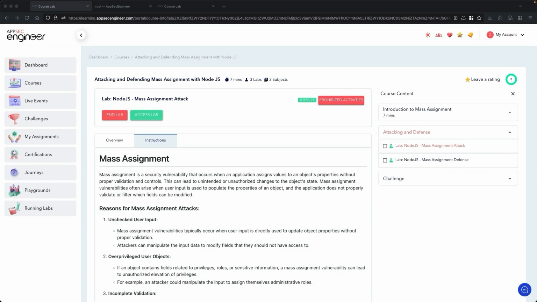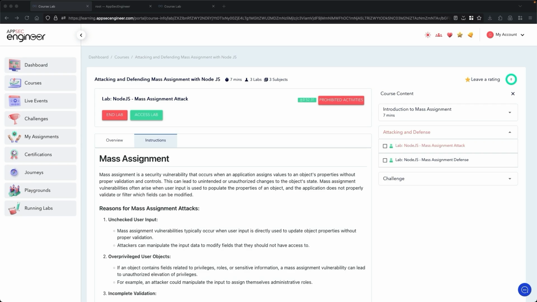I'm Ganga, and I'll be walking you through mass assignment vulnerabilities in Node.js applications. In January of 2023, GitHub faced a significant security incident when a researcher discovered a mass assignment vulnerability. It was in their user profile update API. The vulnerability allowed attackers to modify account permissions and potentially gain administrative access to repositories that they should not have access to. While the GitHub security team quickly patched the vulnerability, it highlighted how even tech giants can be susceptible to